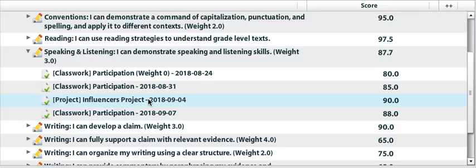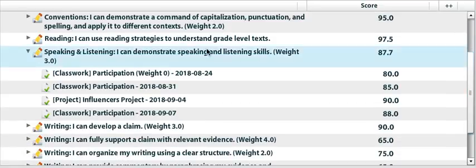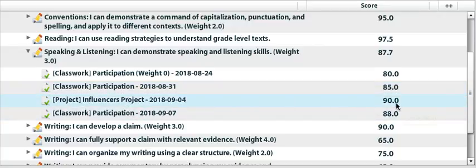They did, they got 100%. This, remember, is in the academic section. So this is how well did they do on the presentation? How well did they demonstrate their speaking and listening skills? They demonstrated it pretty well. They got a 90. So it's really common to see the same assignment under multiple learning targets because we're assessing